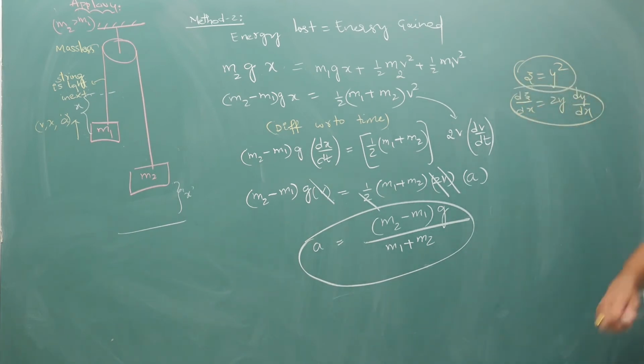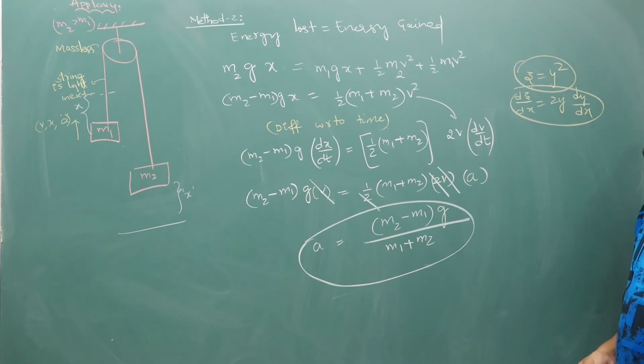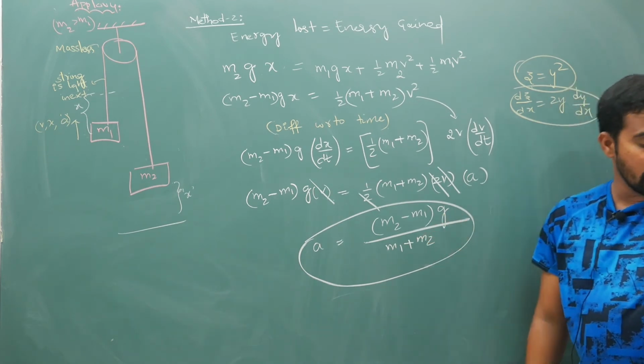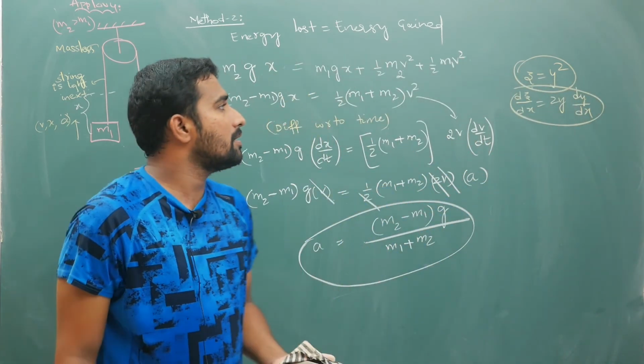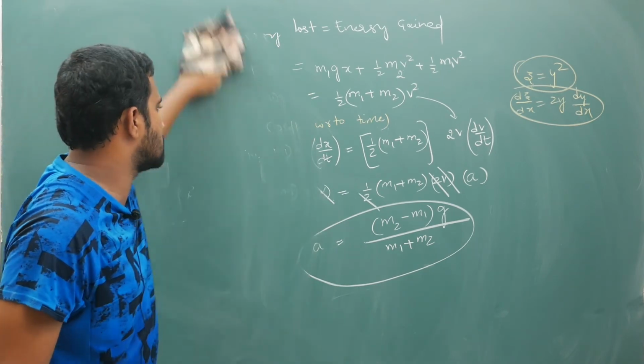Now this is how you are going to calculate your acceleration, and substituting acceleration once again from the FBD we have to calculate the tension. So this energy method gives us only acceleration. Now I will continue further, coming to the next part. We will slightly extend these ideas and we will try to solve different questions.